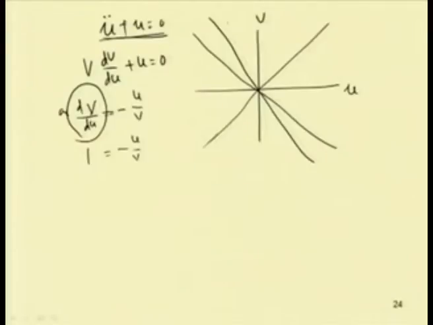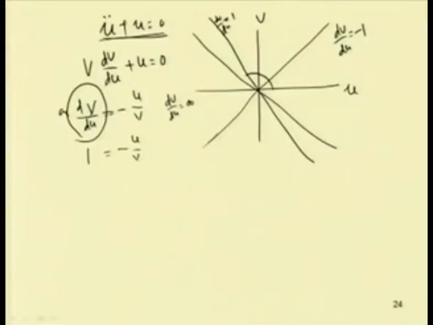So, the first line we have plotted is at 135 degrees. Then this is dv by du equal to 1, this is dv by du equal to minus 1, and this represents dv by du equal to infinity. So, after getting these curves, for example, taking dv by du equal to 1, this represents u equal to minus v.